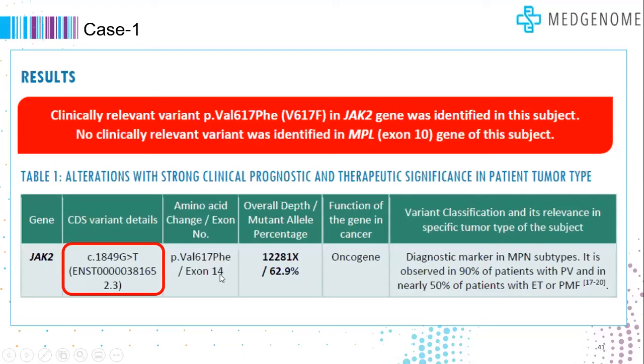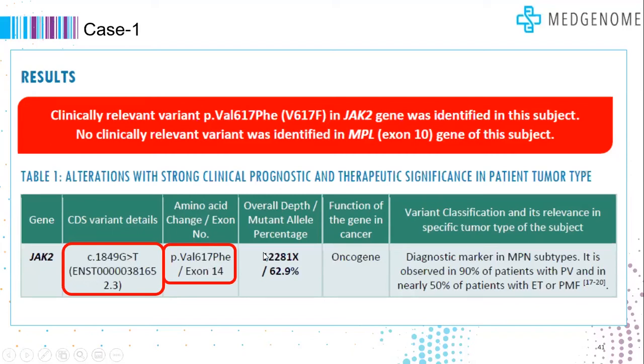Then we describe the protein position of the mutation. This is in the 617th amino acid of the protein, where a valine has become a phenylalanine. You can easily see that there is a p. prefix to it. p. means we are talking about the protein. c. means we are talking about the cDNA. If we are talking about the genome, we give it a g. g. means we are talking about the genome position.